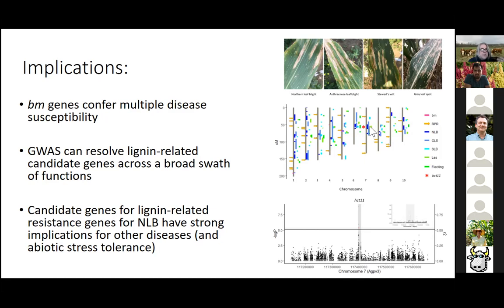The lesion mimic QTL from Peter Balint-Kurti's group is interesting because he also found other HCT genes involved in the lesion mimic phenomenon, HCT1 and 2. And this is HCT11 that hits right underneath it. So this to me is just a really good pleiotropic interaction. Stalk strength, I don't see any stalk strength QTL through here, but this GWAS or expression might show something different than the joint linkage mapping. Does that answer your question?